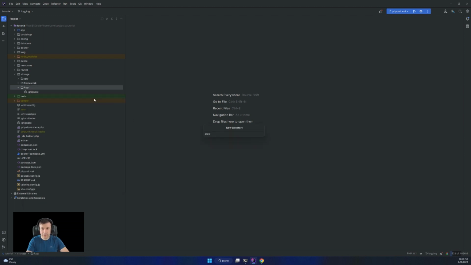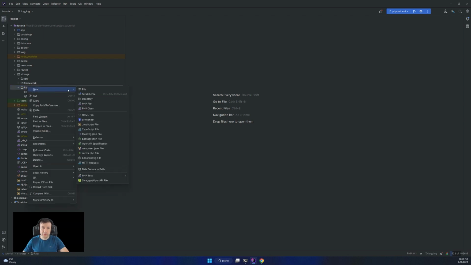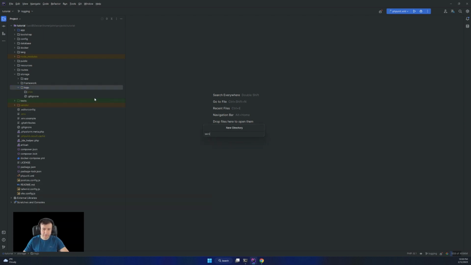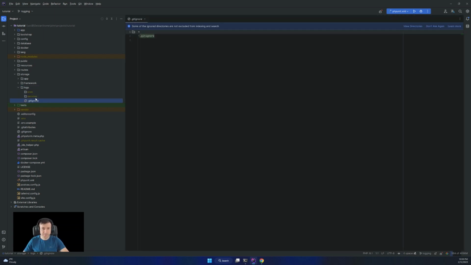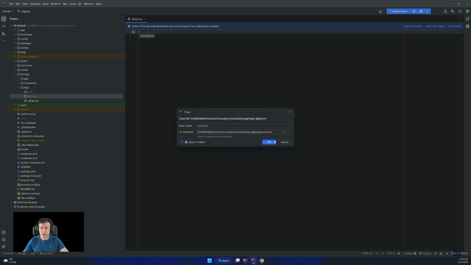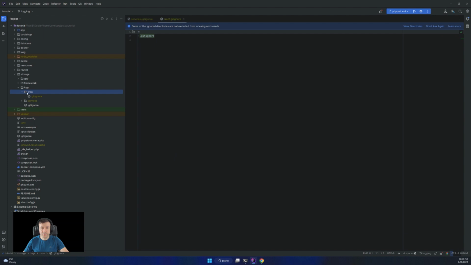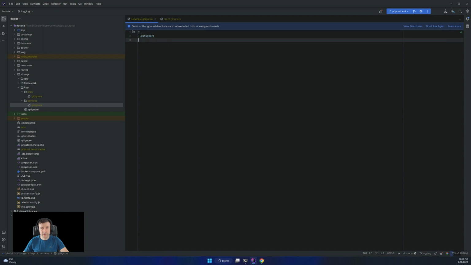The first one will be cron and the second one will be services. It's up to you what you call these, but this is my choice. I'm going to copy .gitignore from logs into this, and it will ignore everything but not .gitignore. Same for services, ignoring everything but not .gitignore.